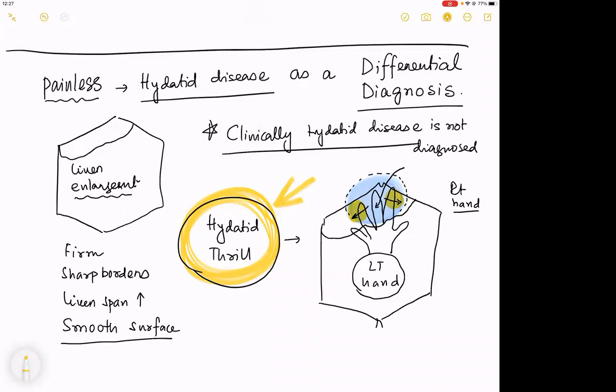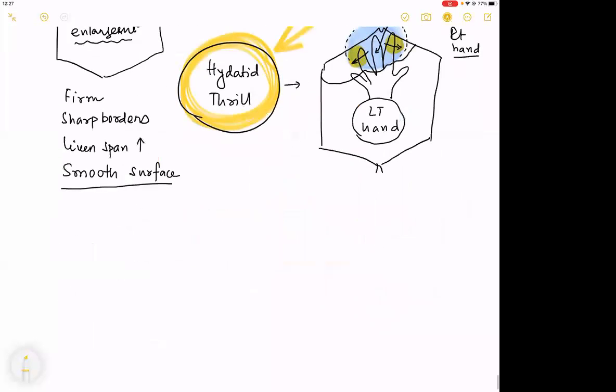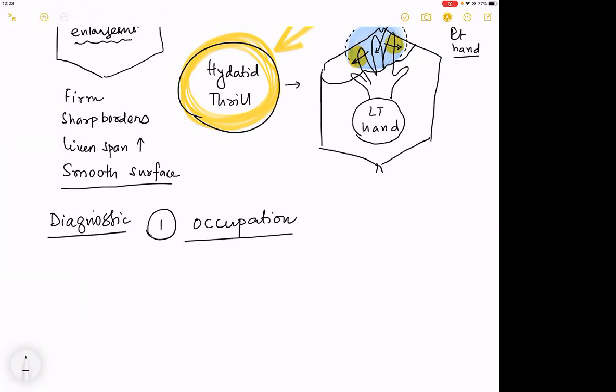If you have written this, the next obvious question is, examiners will ask you, what are the differential diagnosis, what are the diagnostic points for a hydatid cyst? I've given you a case scenario in the PDF that you have. Number 1 is the patient's occupation. Though I say patient's occupation, hydatid cyst is now known to be endemic in India. If you have read in microbiology books that hydatid cyst is endemic in New Zealand and Greece, congratulations, we are also in the endemic zone.